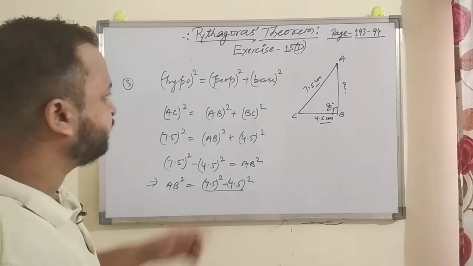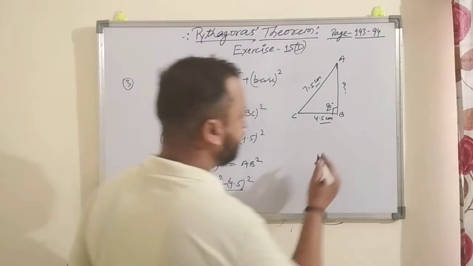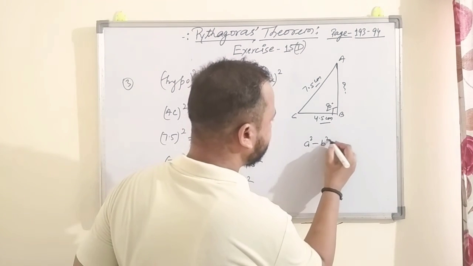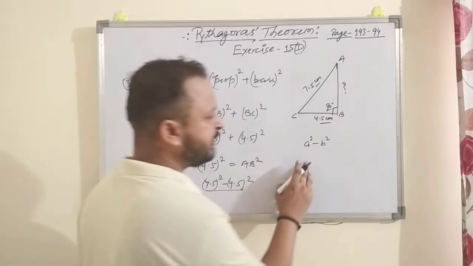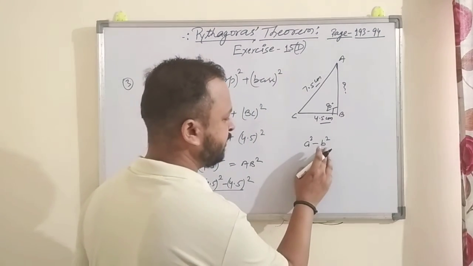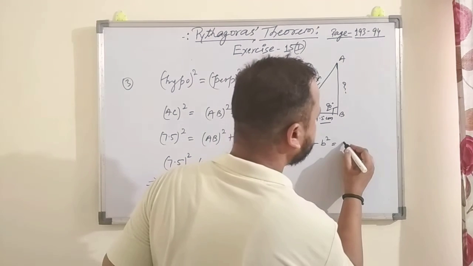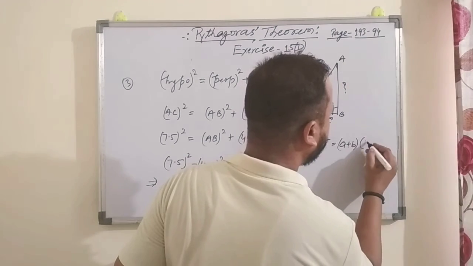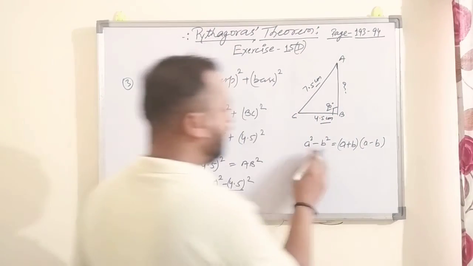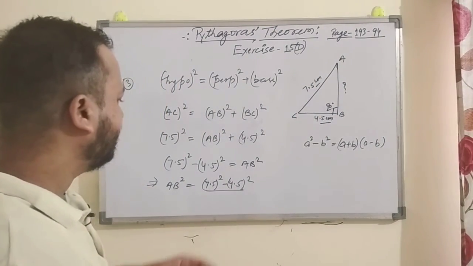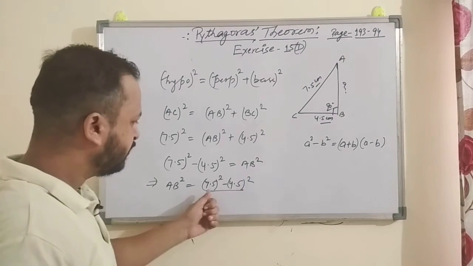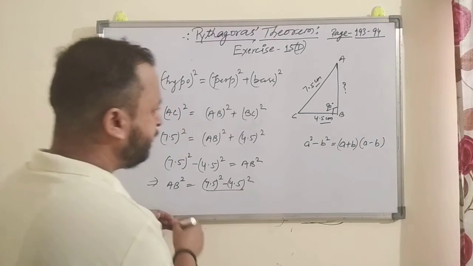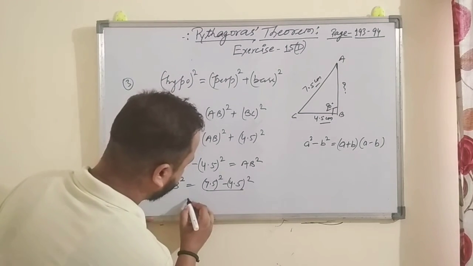algebra here. So this formula is a square minus b square, right? If anything is written in the form of a square minus b square, you can write it as a plus b in one bracket and in another bracket as a minus b. A and b both are variables, right? So they can have either value. So this is written in the form of a square minus b square, so we can write it as a plus b and a minus b.